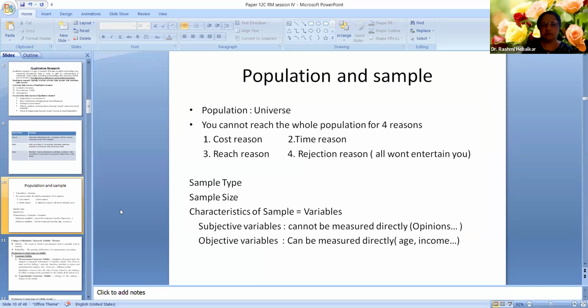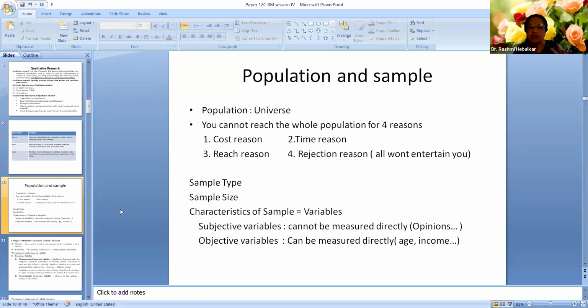Okay. We were talking about research design, and all the time the word sample comes. There, before sample, there are three words: bigger, universe, comparatively smaller population, comparatively smaller sample frame, and what you want is sample. Okay, universe, population, sample frame, and that sample. You are concerned with sample.